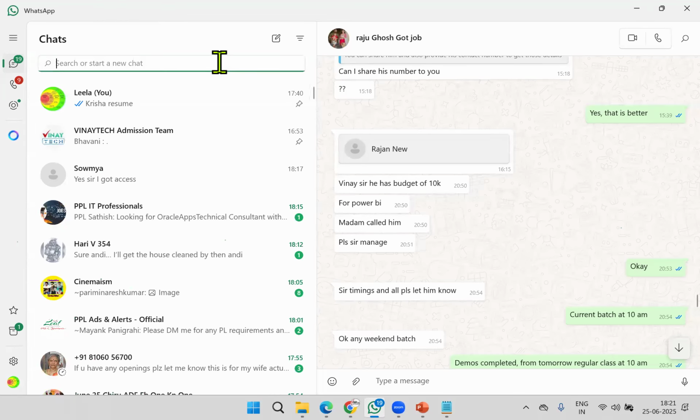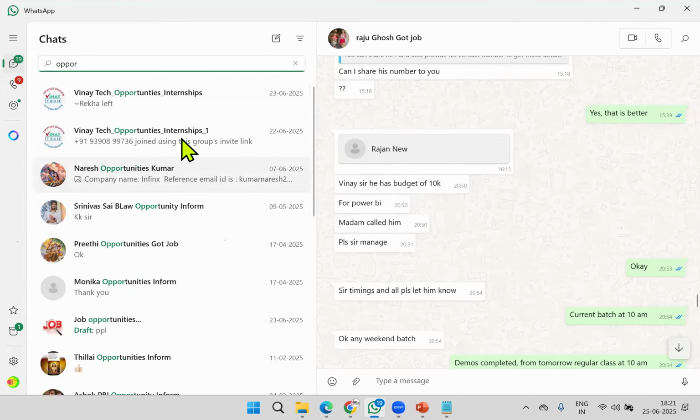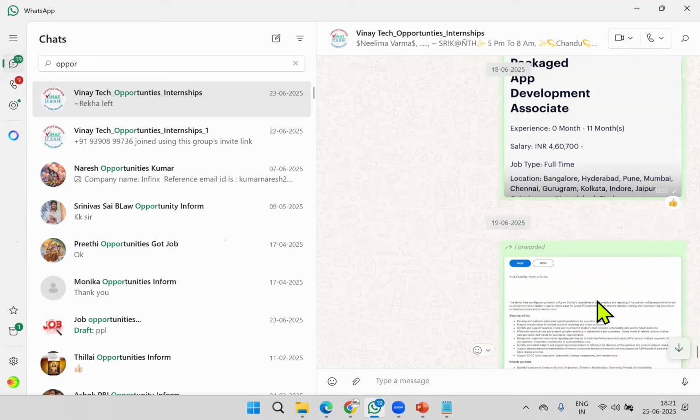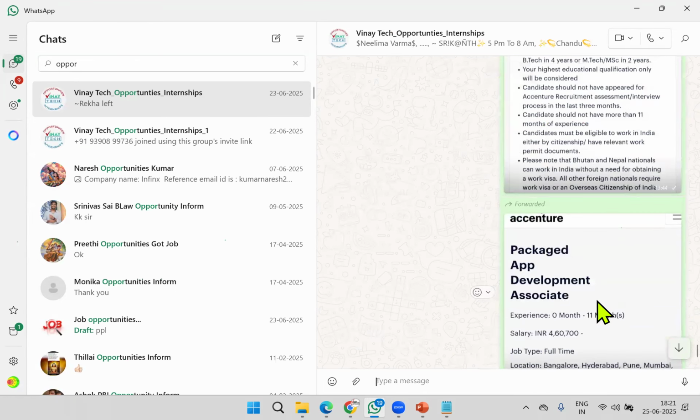And we also get opportunities from the companies. And we'll inform those opportunities in the opportunities group. What are the opportunities we get? And students also inform us about opportunities we are placing.